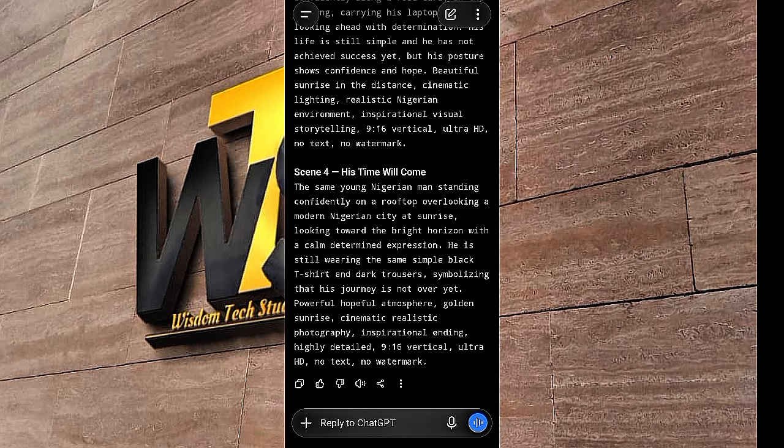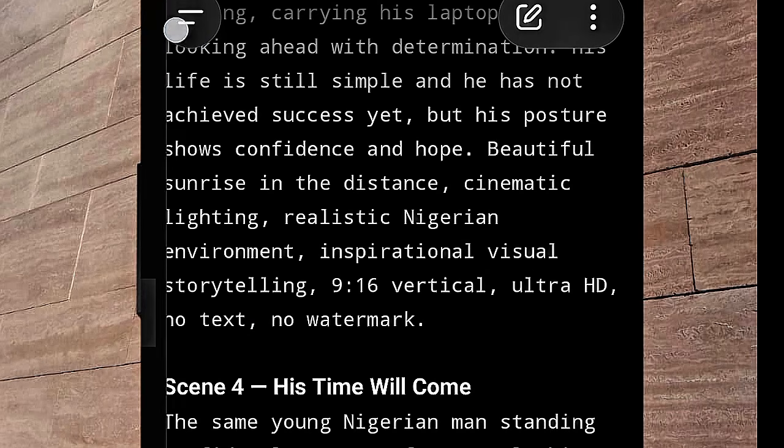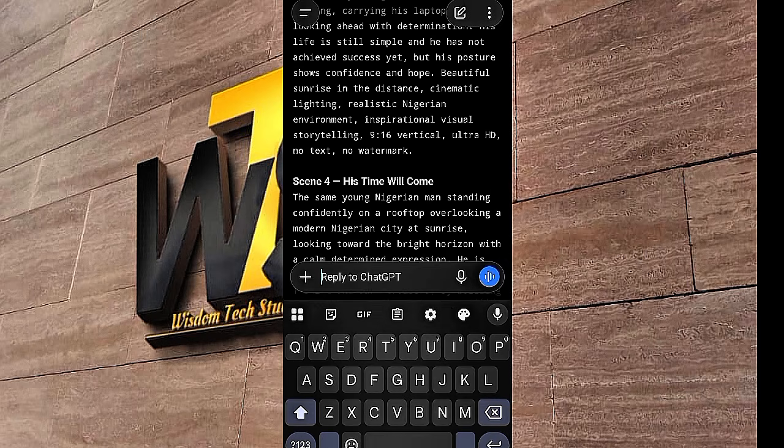When you open your ChatGPT like this, at that same interface, do you understand? Let's say you just open your ChatGPT and the interface disappeared. You don't know where to get it back. Just tap on this line here. You understand? So you just tap on it. Do you get it now? When you tap on it, you are going to see your chat history. Do you understand? So what you have to do here is